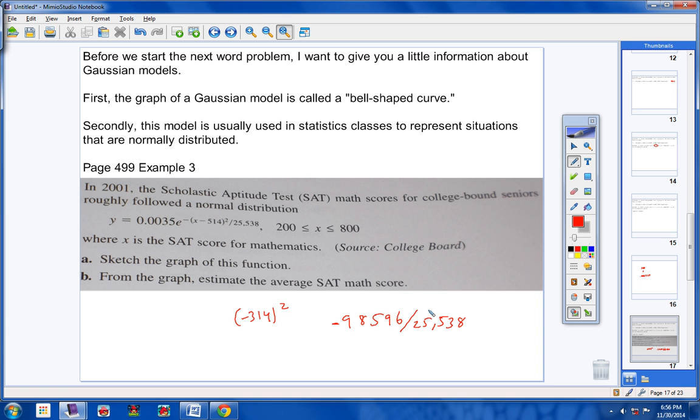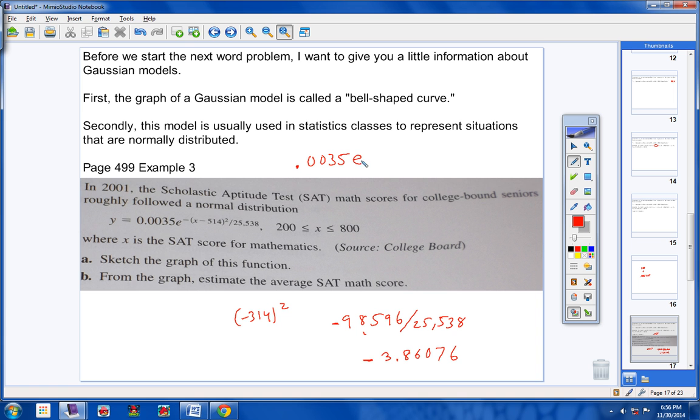Go ahead and take negative 98,596 divided by 25,538. Hit enter and you should get negative 3.86076 rounded. Okay, so now you know your whole exponent. So you really have this. You have